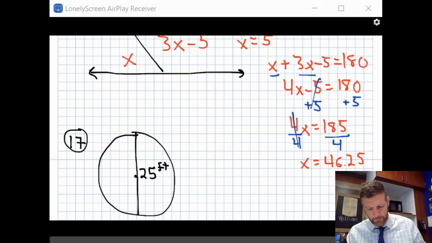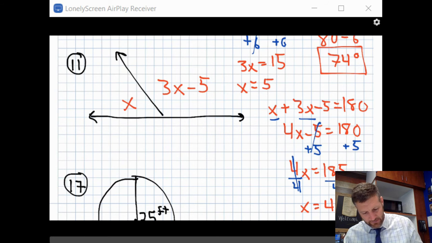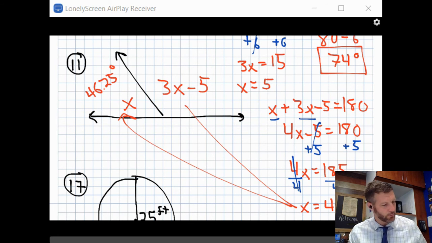The measure of the angle and its supplement. So if x is equal to that, then I've found the first angle right here. So I know this angle is 46.25 degrees. And to find the other one, I just need to plug it in. So 46.25 times 3 minus 5, and I'm just doing this on a calculator,